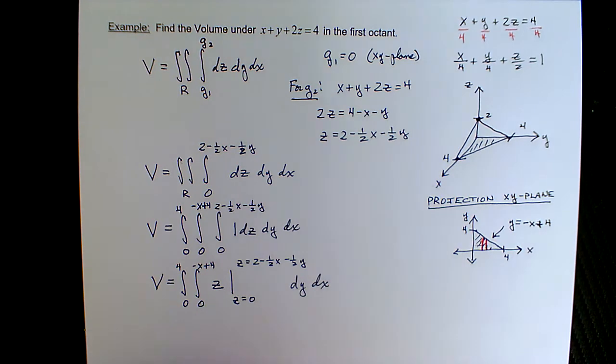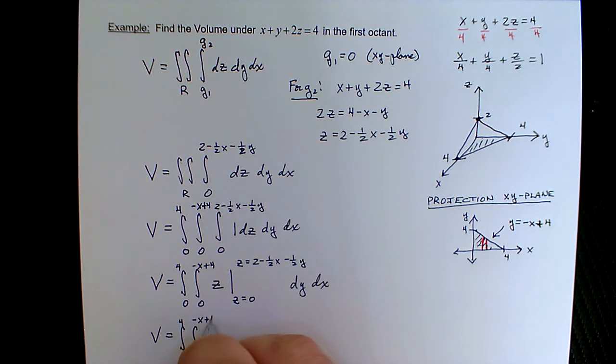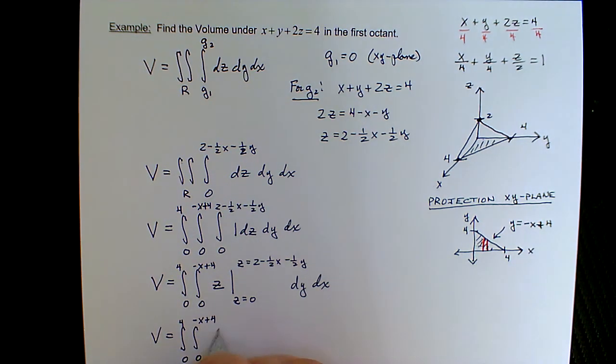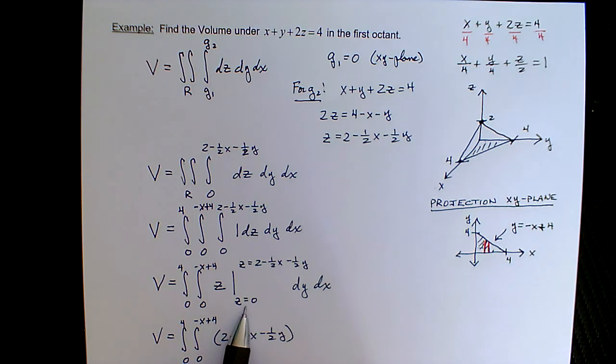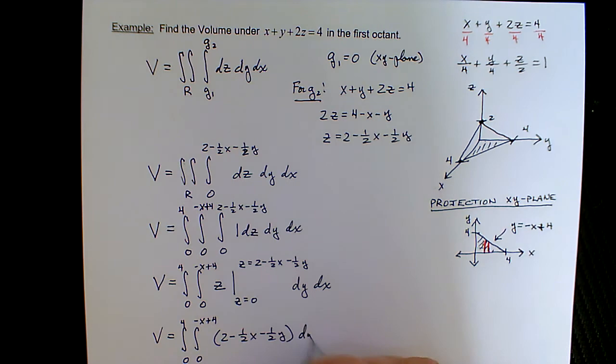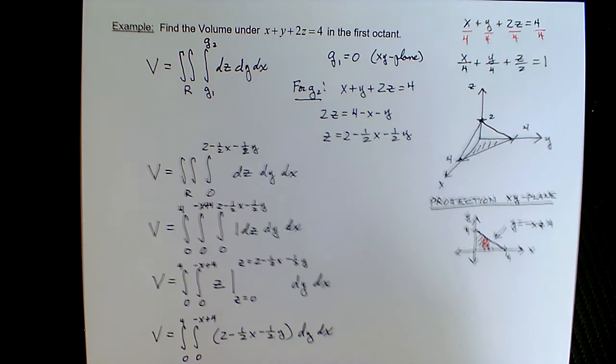So that gives us, the upper limit goes in, so I'm going to recopy integral 0 to 4, integral 0, negative x plus 4, upper limit goes in, so that's 2 minus 1 half x minus 1 half y, but then no need to really show the lower limit at 0, since z is 0, that's just minus 0, so I'll just leave that out, and then dy dx. Okay, so now we integrate with respect to y,